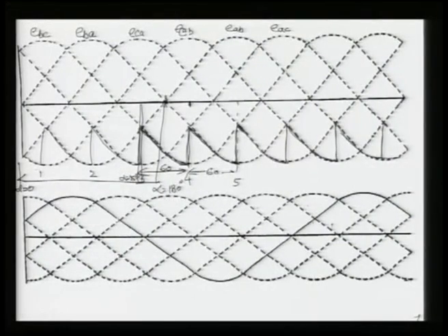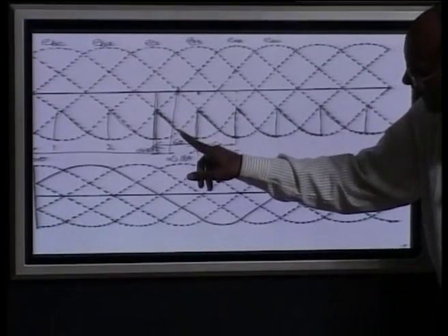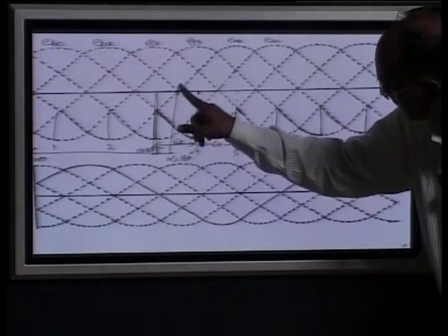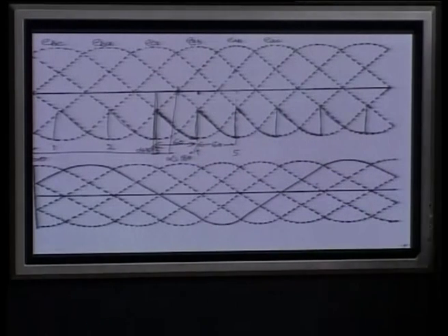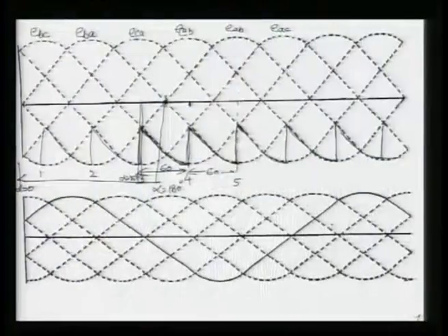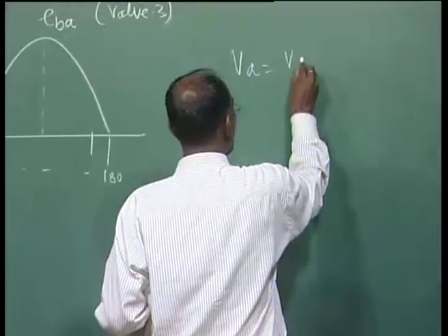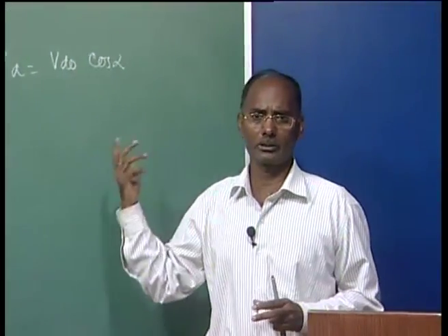If alpha is not 150 degree, it is 180 degree, this firing will start at this point here, and then it will go. Actually this line is shifting like this, but it will be coming here at this section, and then we are having this pulse, all the pulses will give it. Now, this is your output voltage that is appearing across this link, and you can see this is always the average here. If you calculate, it will be the DC, and also you can verify by your output voltage equation. You can simply find VD is your VDO cos alpha. Put alpha is equal to 150 degree, it will be negative, and some value will be appearing.